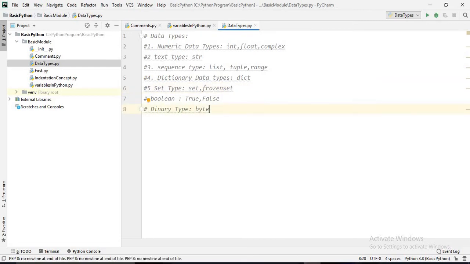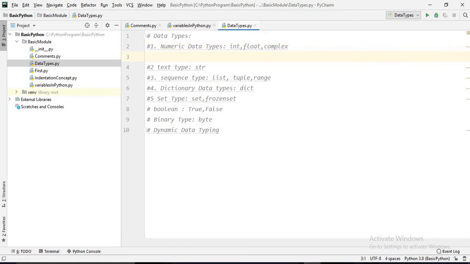And one more thing we'll discuss in this section, that is dynamic data typing. What is dynamic data typing? We'll discuss it at the end. When we have discussed all these things, then it would be good to discuss dynamic data typing, and it is very easy and very useful to see how Python is dynamically typed. So let's go one by one.